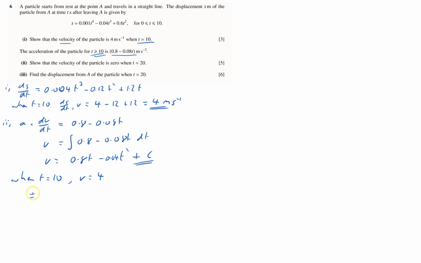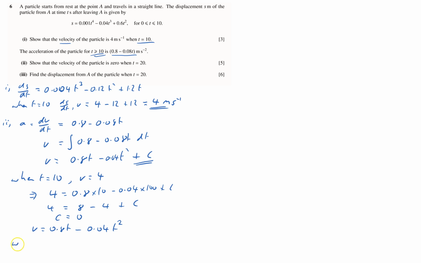So therefore, substitute that in, 4 equals 0.8 times by 10 minus 0.04 times by 100 plus c, and so basically 4 equals 8 minus 4 plus c, so that means c equals 0. So we get velocity equals 0.8 t minus 0.04 t squared, and now that's our formula. We've got no plus c at all,